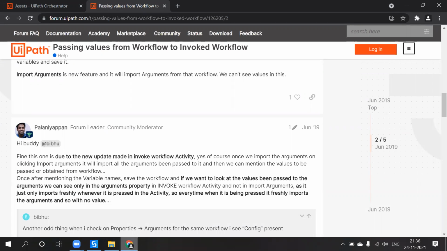This is due to a new update made in invoke workflow. Yes, of course, once we click import arguments, it will import the arguments to be passed to it.